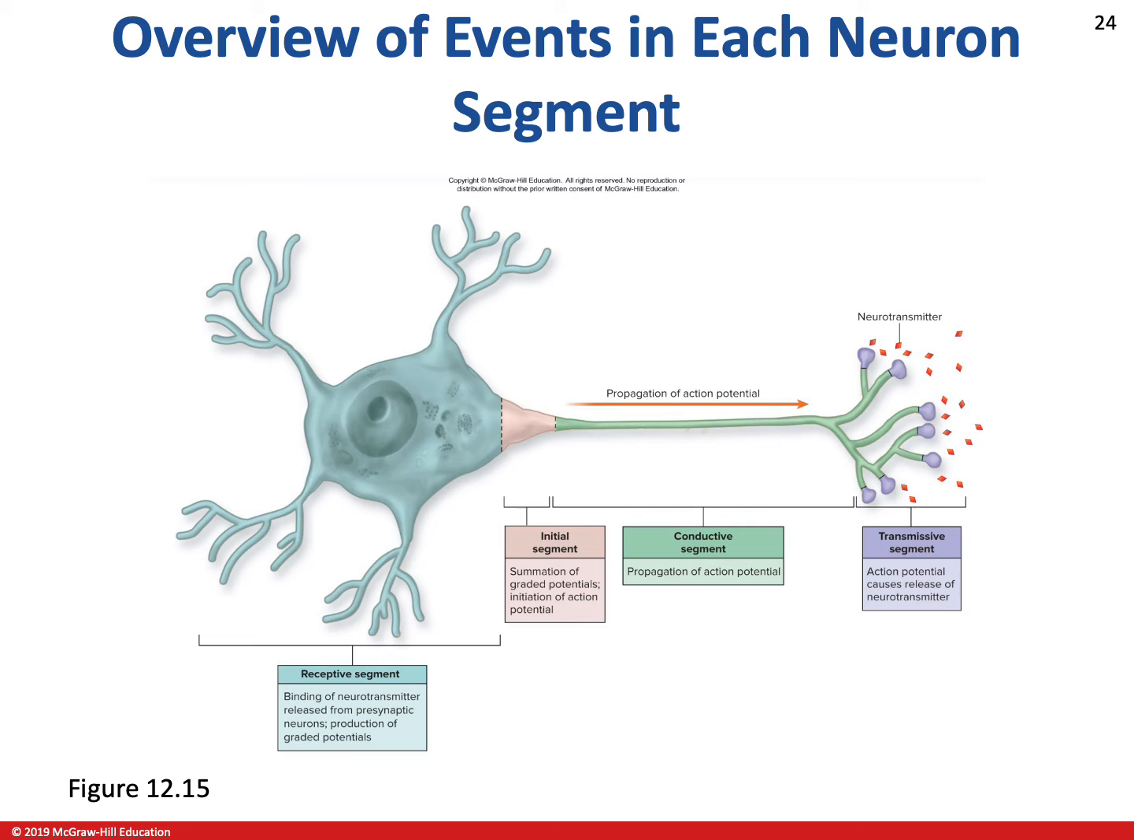In the initial segment, which is actually the axon hillock, all the graded potentials, all the stimulation which come to our neuron, are added with each other, and it can make the action potential for us. The next part of our neuron is called the conductive segment. The conductive segment is the length of our axon, and in this length we have propagation of action potential. And the purple part of this slide shows you the transmissive segment, which is actually the